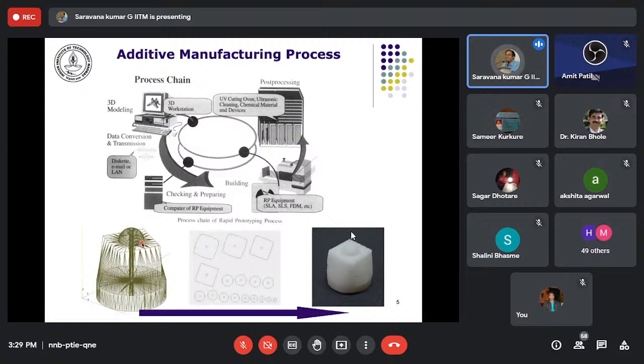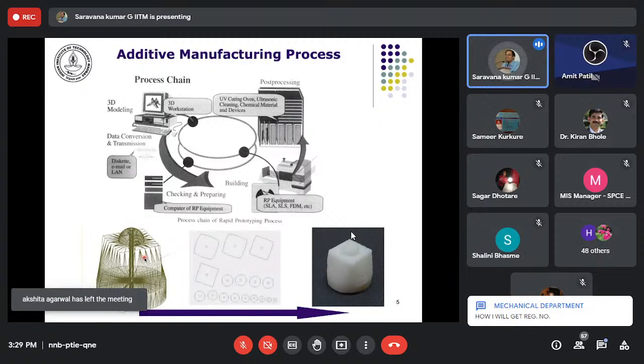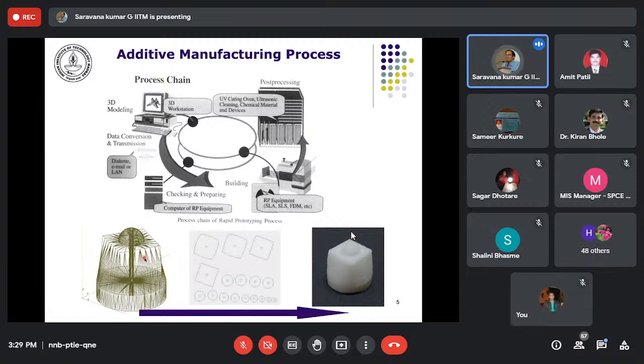Because in many applications, those higher order information or higher order continuity, what we call class A surfaces, wherever they are required, even the curvature information is important, and it is possible to have those things translated to the machine as modeled in a CAD file.